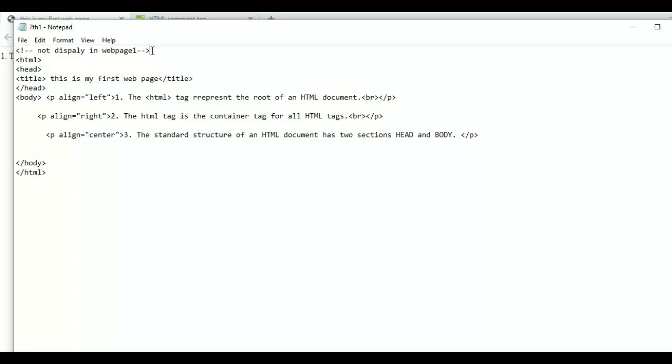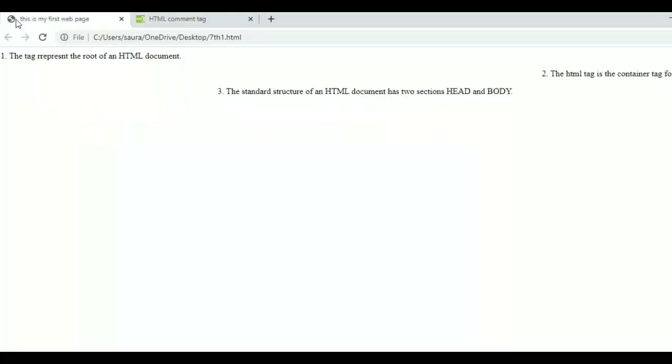After comment, the next tag is body tag, and we must understand the attribute of body. So there are two attributes that body tag have. These two attributes are BG color and text color. So let's change the BG color. So after body, BG color equal to any color. We can mention that here, if you mention red, and again the next attribute, that is text, equal to, and text color is white. Then save this, and when we run the program we can see the output after refreshing our page.